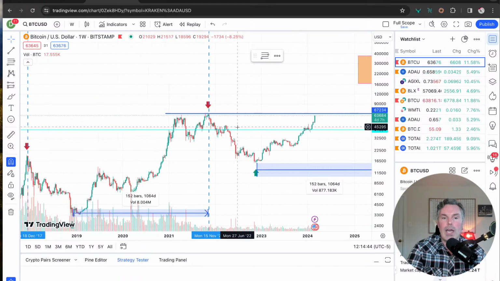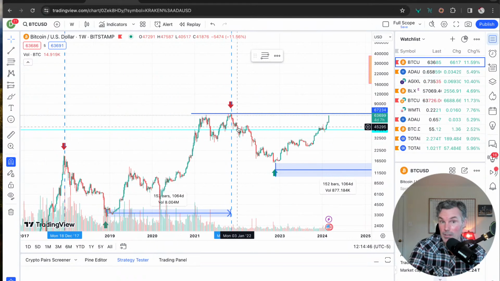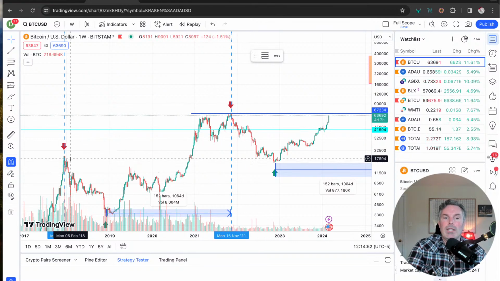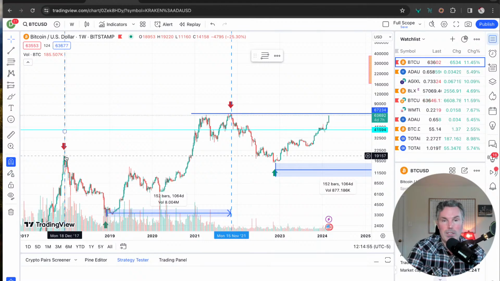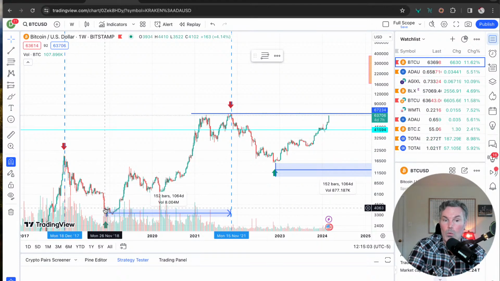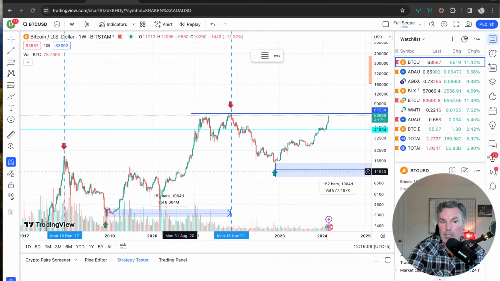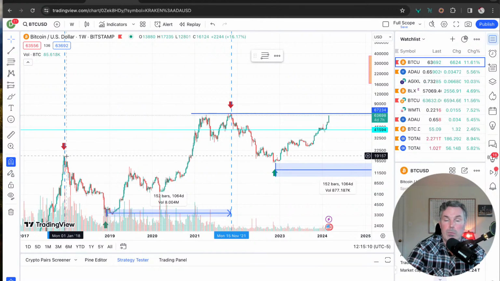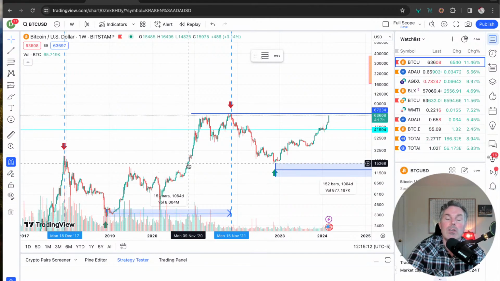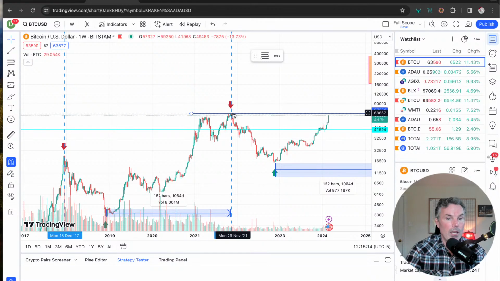If we look at the previous all-time high, so this is 2 all-time highs ago, during the bull run of 2017, the very end of 2017, Bitcoin was at $20,000. That was its all-time high. And then it went through a bear market, and then it surged again on this journey to eclipse its previous all-time high of $20,000, making a new all-time high of 67.